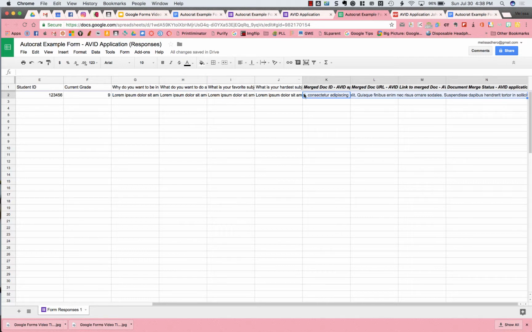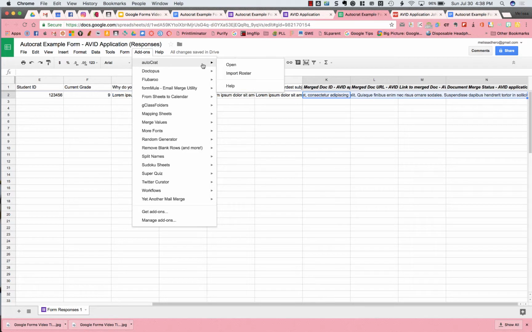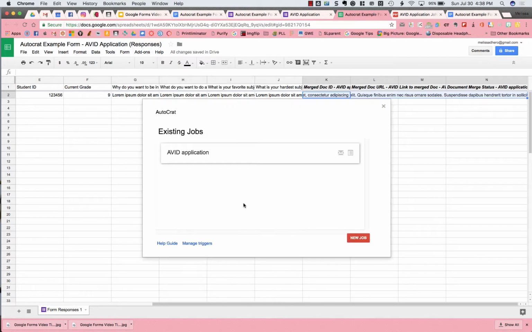So what you would need to do to actually get them to merge, because it's not going to be triggered by a form trigger, is you're going to go back up to add-ons on Autocrat and open. And then when you hover over the merge, there's the little play sign. And what the play sign does, sometimes if I get it just right, it will say run merge or run job. So now when I click that,